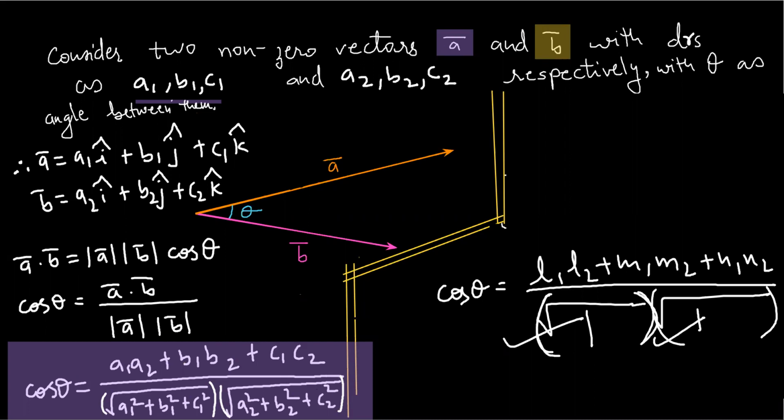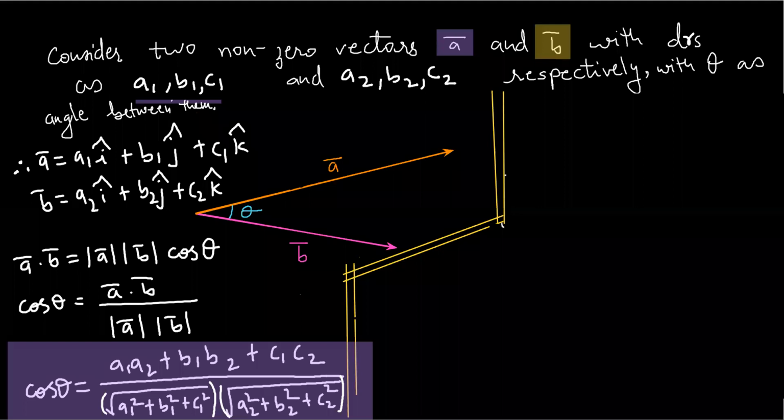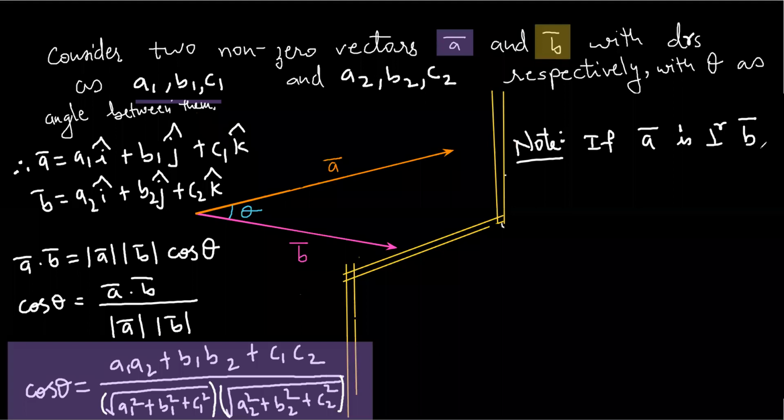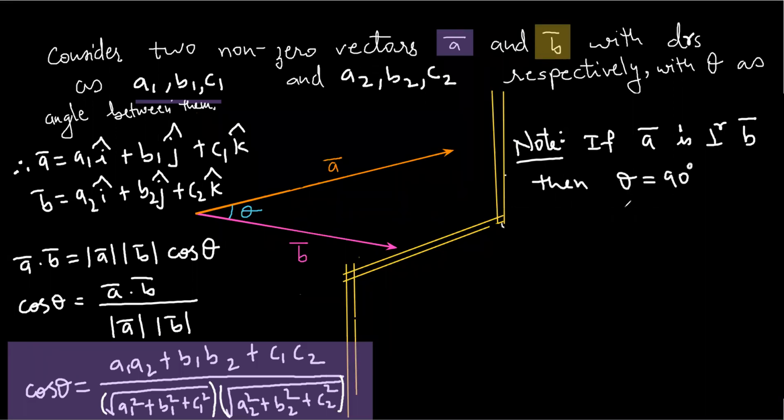So please write this formula also. Let us write a note here. Note: if A bar is perpendicular to B bar, then theta is 90 degrees and cos theta will be 0. In that case, the above formula becomes...